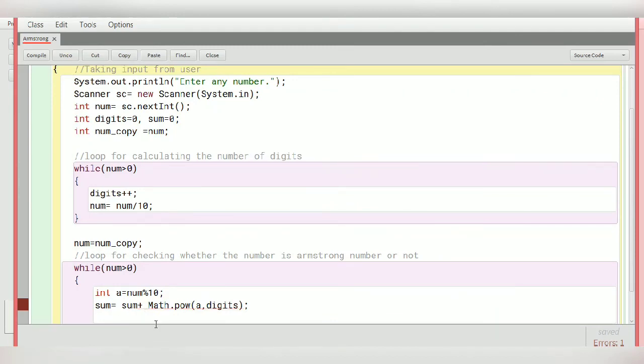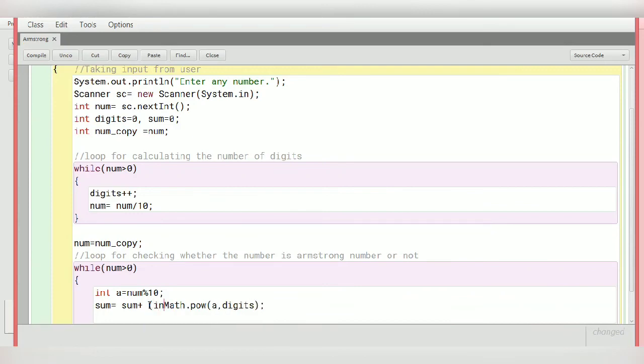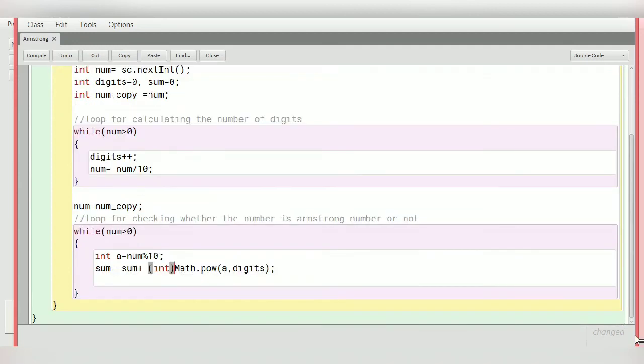Math always returns a decimal value, that is a double, and here we have not type converted it. So let's convert it to integer, since I want the value in integer. Once the sum is calculated, I have to reduce the number. So number equals num divided by 10.